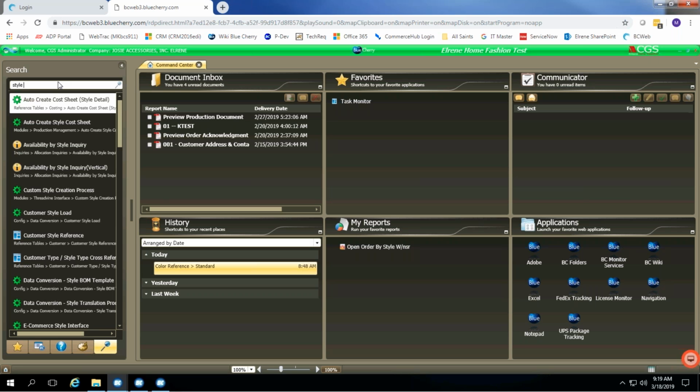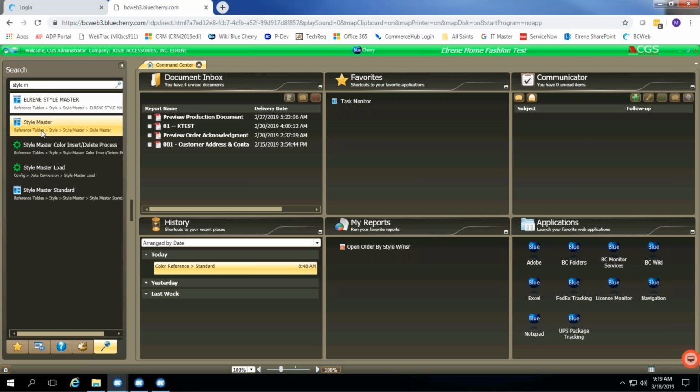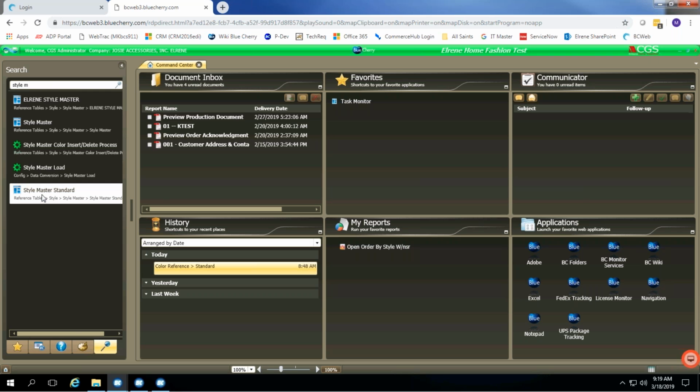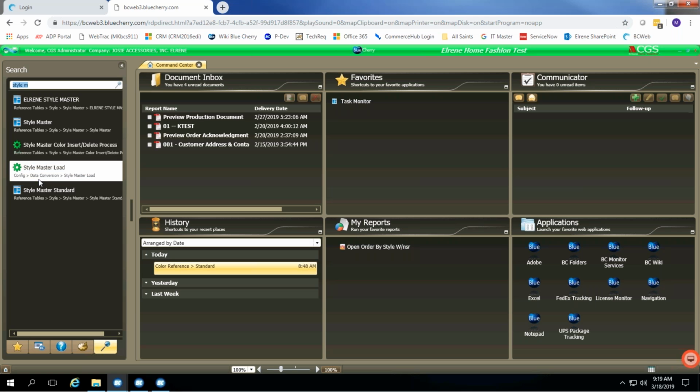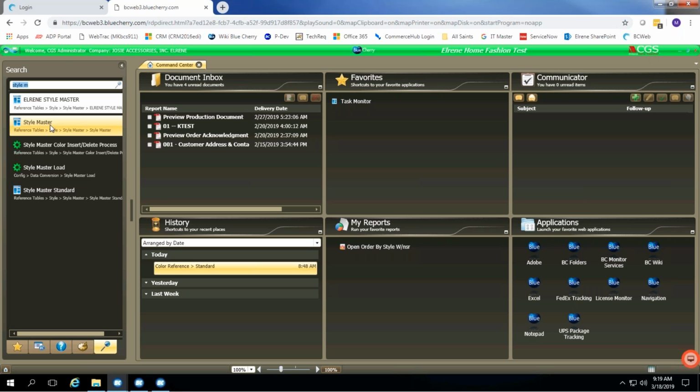If I type style, I put a space, I start typing M. So I'm basically limited to everything that has style M in the search substring. And in my case, it's only 5 choices, so I could pick the choice that I need. So that's how search works. Once you click on it,